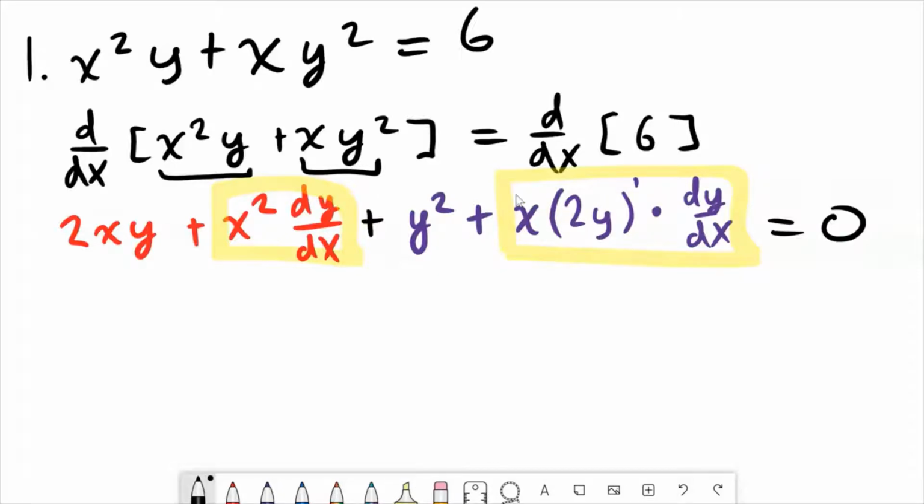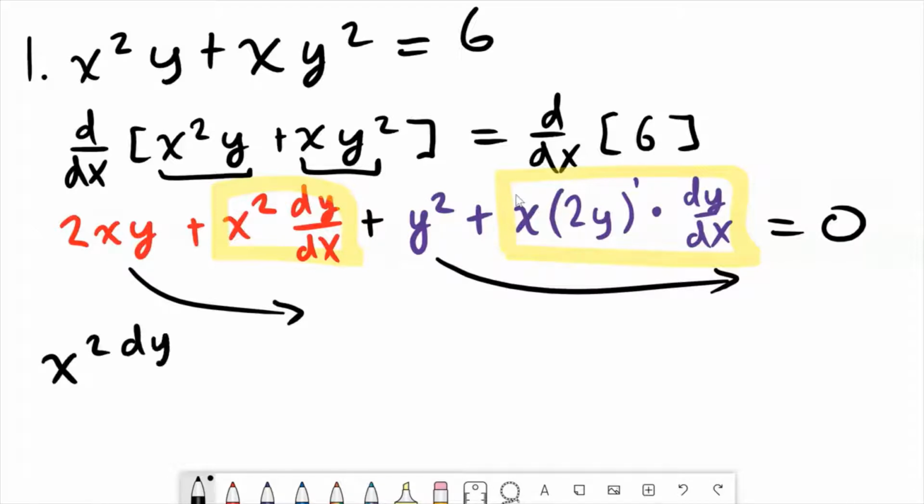The rest I'm going to move over by just subtracting it from both sides of the equation, right? So I'm going to bring it to the right. In other words, we have this term, the highlighted term, plus, I'm just going to get rid of that 1 there because it looks like a prime. So then plus, let me just write it as 2xy, and then we have